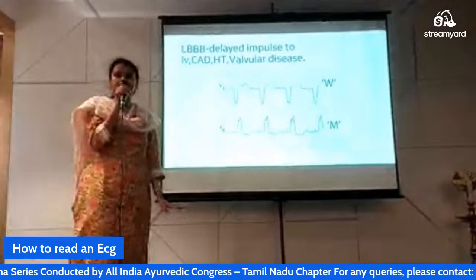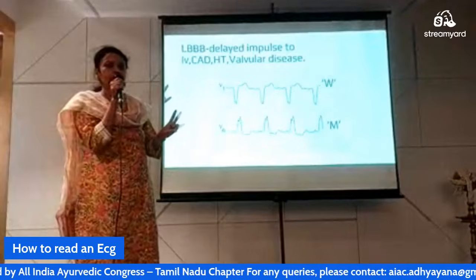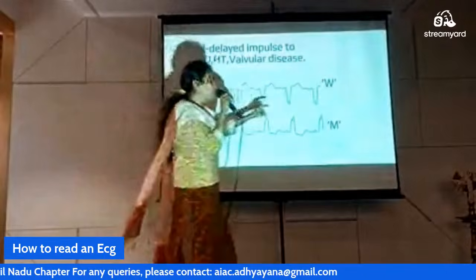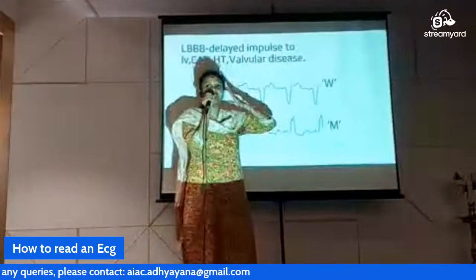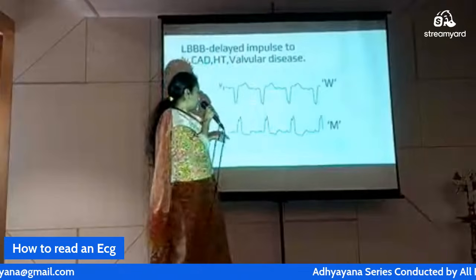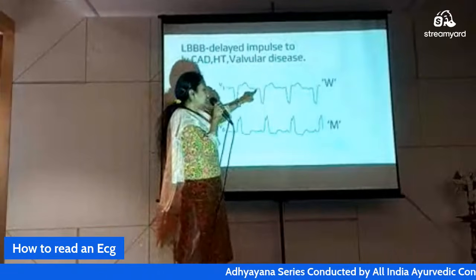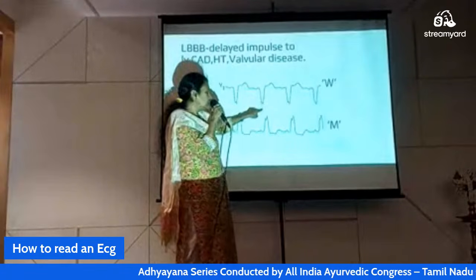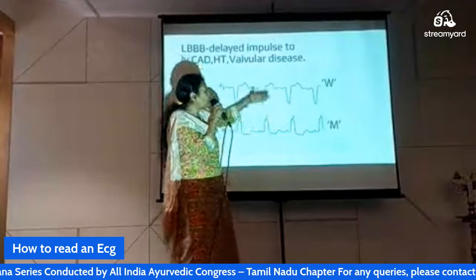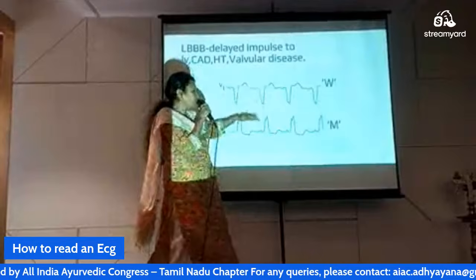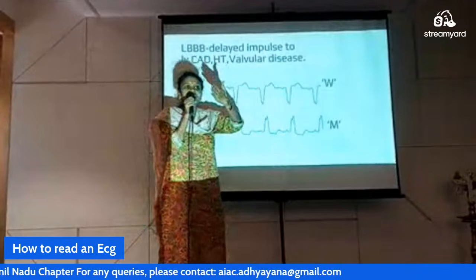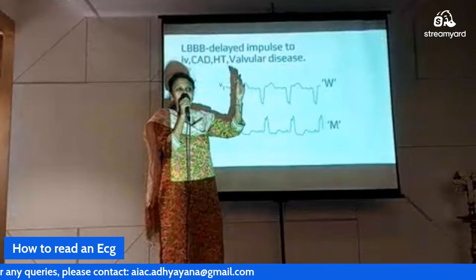Next one, the bundle branch block. There are two bundle branch blocks, left and right. Remember this keyword, William Marrow. This is how I remember. Two leads you have to see, V1 and V6. In V1 the ST segment pattern will be like W, and in V6 the pattern will be M. This is the opposite in case of right bundle branch block: V1 will be M type and V6 will be W type. Just look at the ECG itself, and decide whether it is a left or